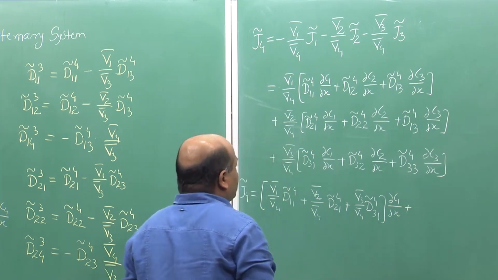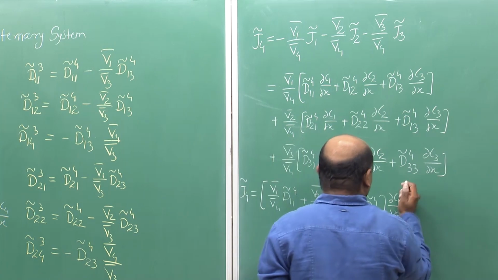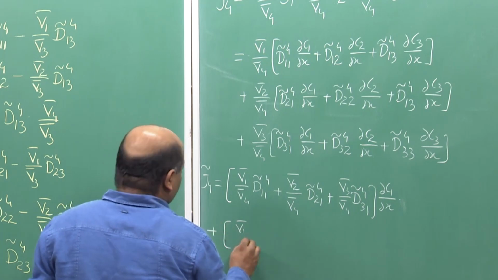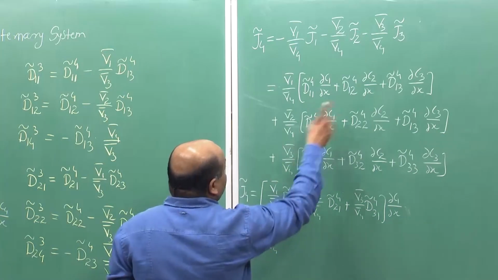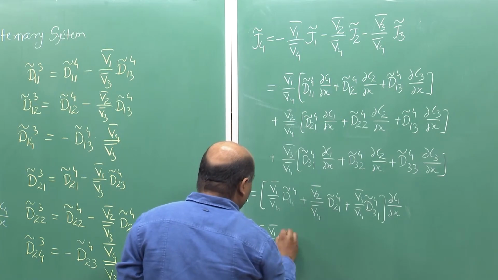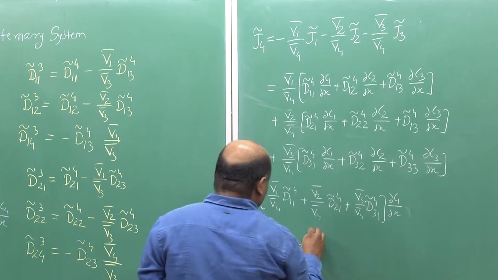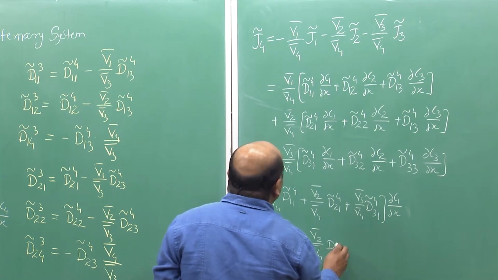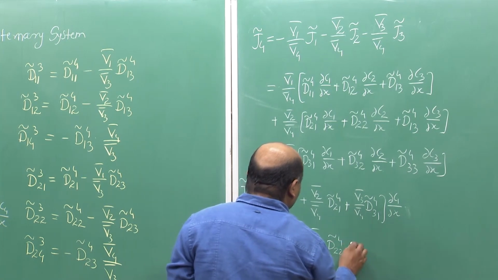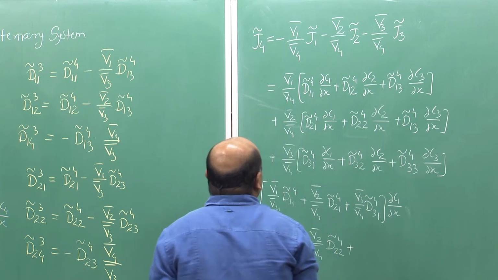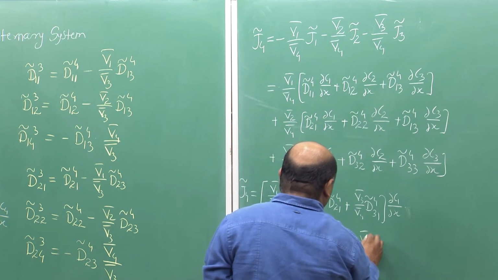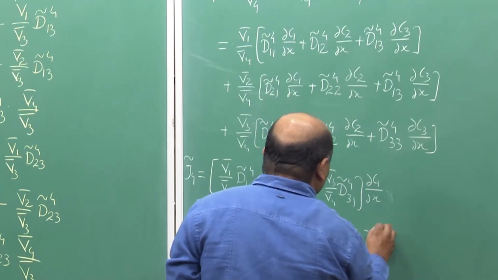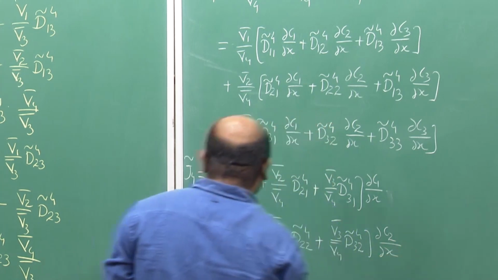plus V1 bar over V4 bar D12 tilde 4 plus V2 bar over V4 bar D22 tilde 4 plus V3 bar over V4 bar D32 tilde 4, ∂C2/∂x